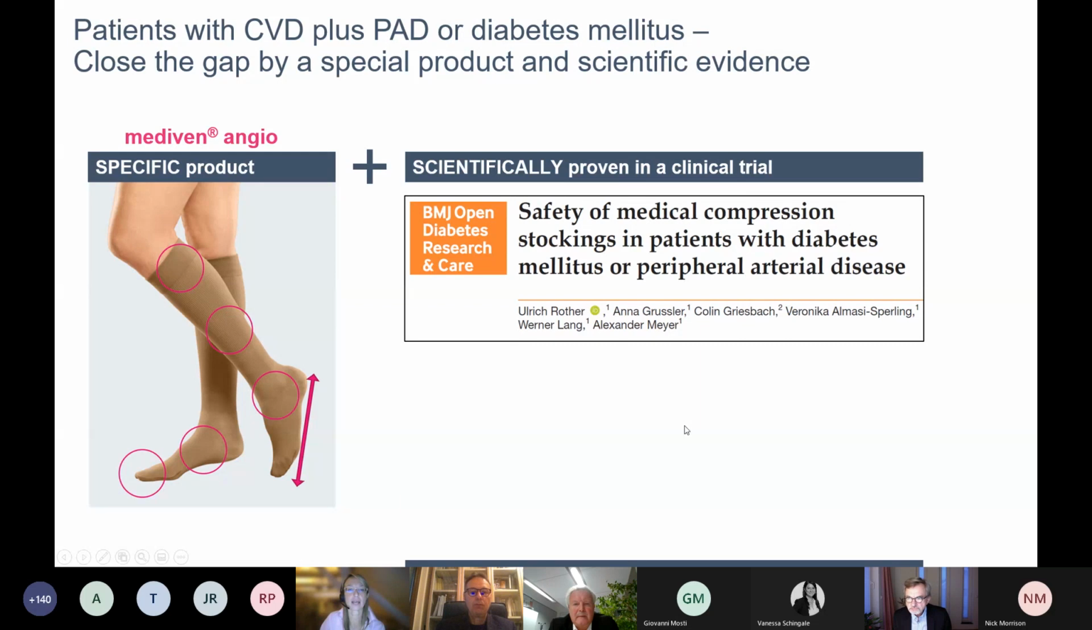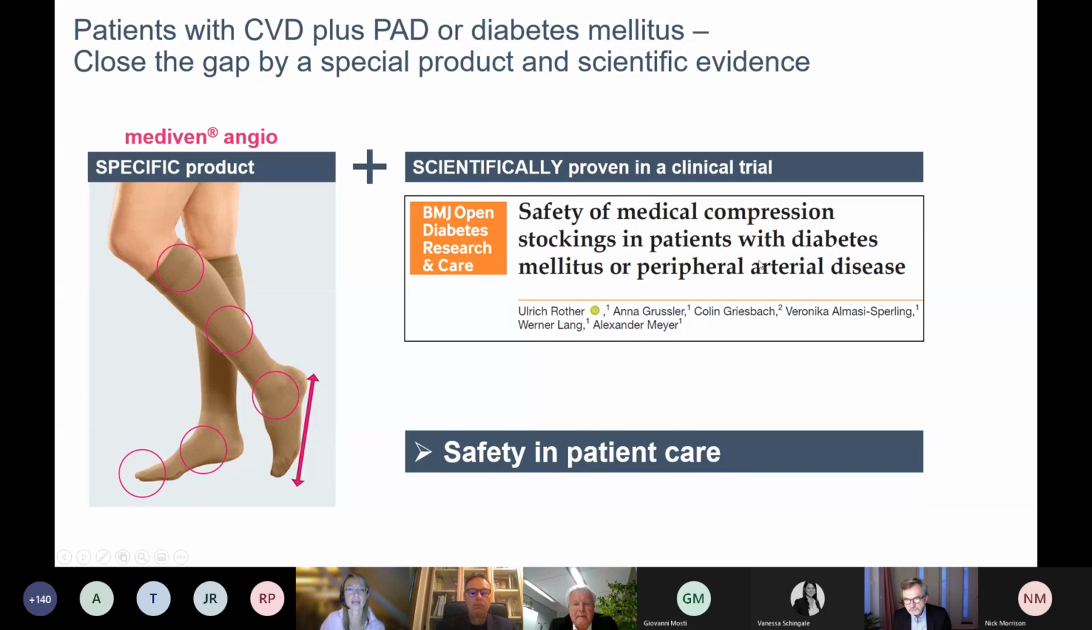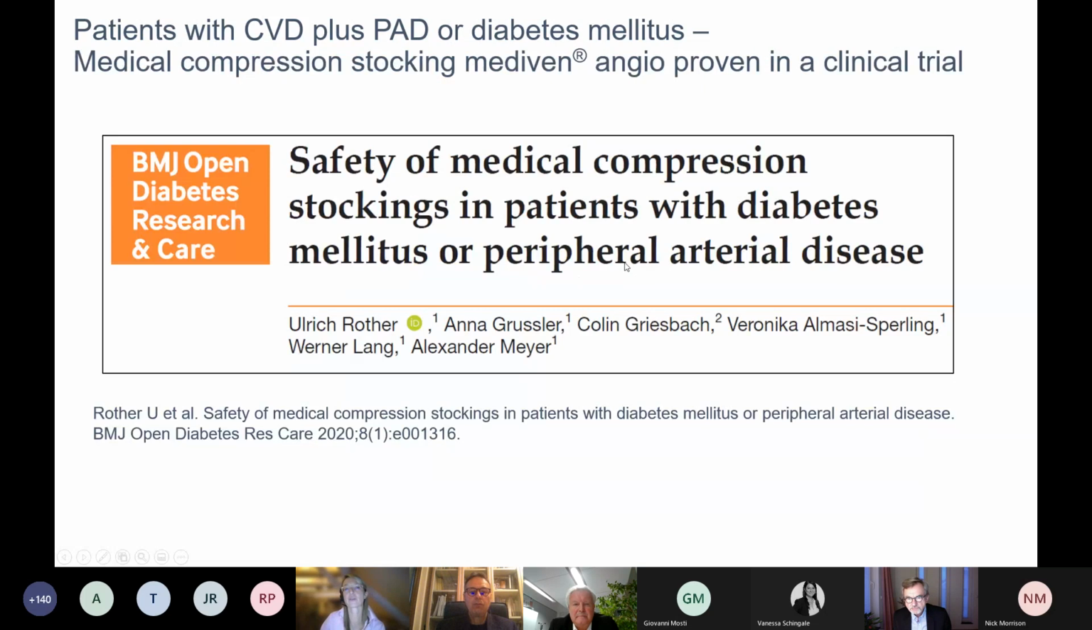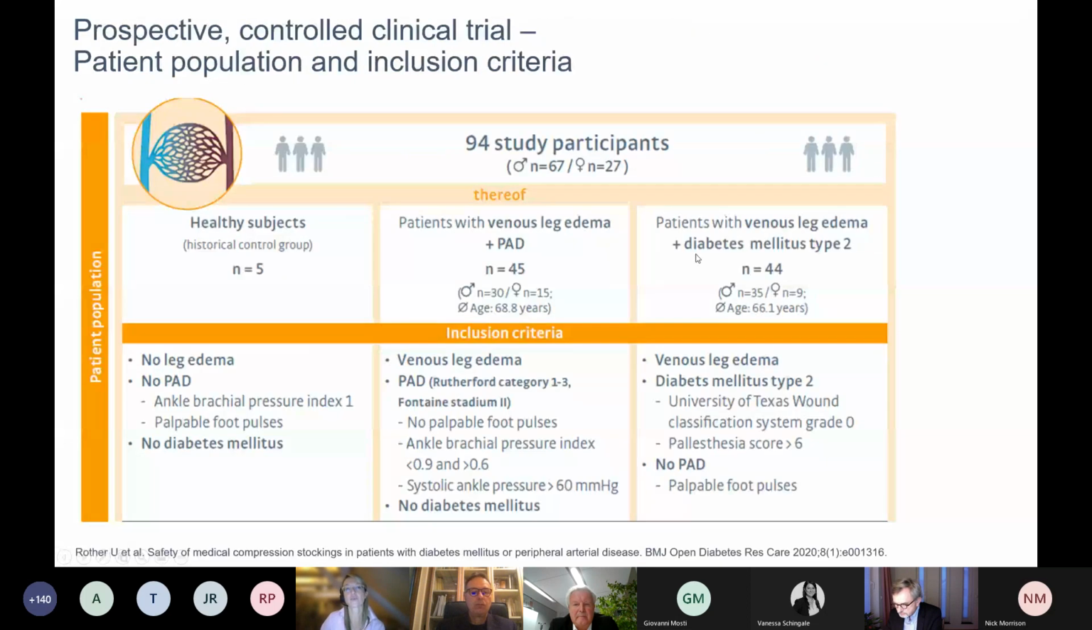And I'm happy to present you now the results of this publication and of this study, because it was recently published in the BMJ Open Diabetes Research and Care Journal. So let's start with this clinical trial, and let's start with the included patient population and with the most important